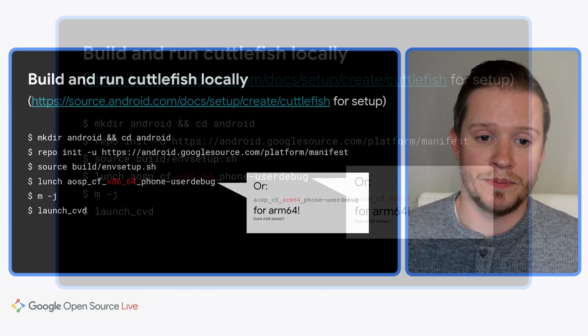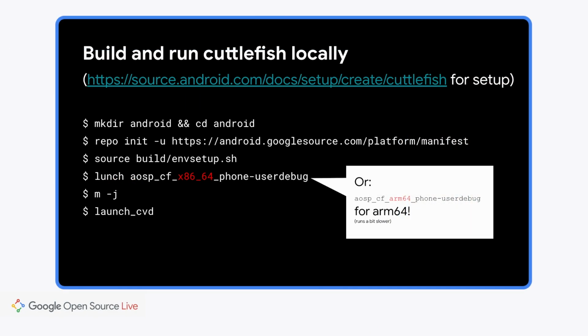So here's an example of actually grabbing the source, building it, and running it locally on your workstation. Now, the first step, and this was contained mostly in my slides from last year, but this is just a condensed recap for you. You can go to source.android.com/doc/setup/create/Cuttlefish, and it will outline all the steps to install the Cuttlefish dependencies and configure a system for running Cuttlefish for the first time. You do need to always follow those steps at least once on any machine that you're going to be running Cuttlefish on. Once you've run those steps, though, you can get a copy of AOSP.